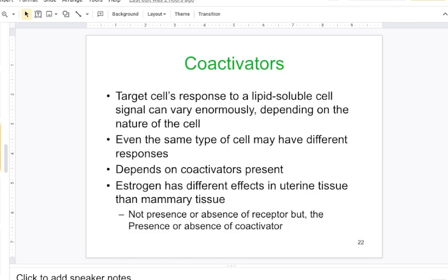Co-activators are another way that we can communicate with cells. The response of target cells to a lipid-soluble cell signal can vary enormously depending on the nature of the cell. Basically, the target cell's response to a lipid-soluble signal is going to change the type of response, or the signal transduction, and many different